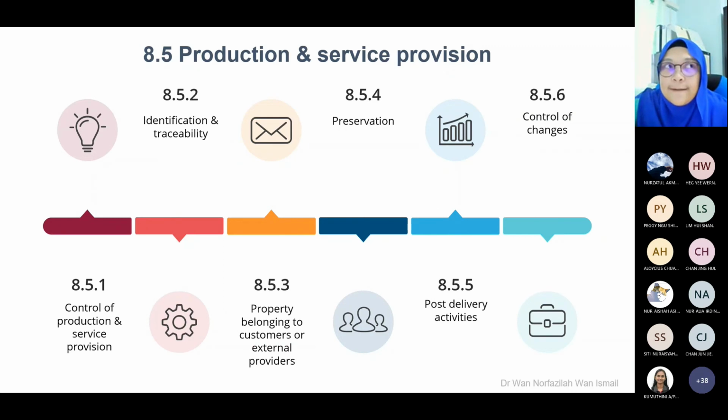If you want to purchase raw material, like 20,000 ringgit from the supplier, how to control the provision of that raw materials? The first thing that we need to do in UMP, because we are involved in research and we need raw material for our research, we have to find a few suppliers and ask them to provide quotation. And we are going to look at which supplier can comply with our requirement.